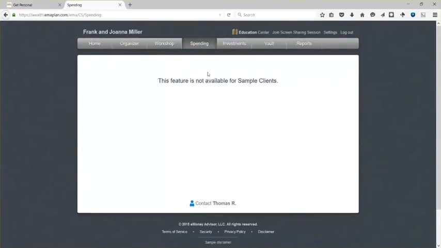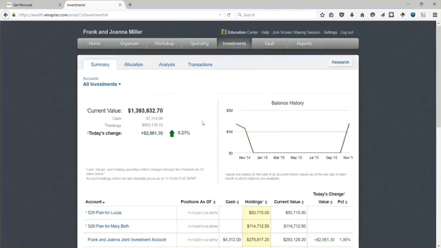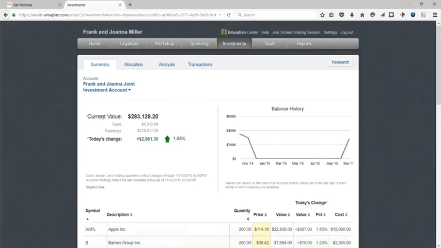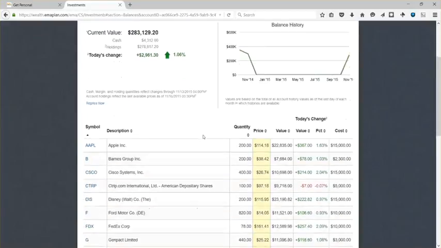The spending tab here is not available, but this is where you'd be able to look at your spending and create sample budgets and do spending categories. And again, this is information on all your investments. So, for example, we can drill down and look at, we'll say, the joint investment account. Normally, this would have history data, but because this is a sample client, there's really no actual history data. But you can see the